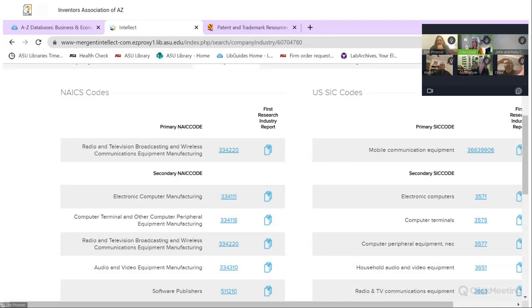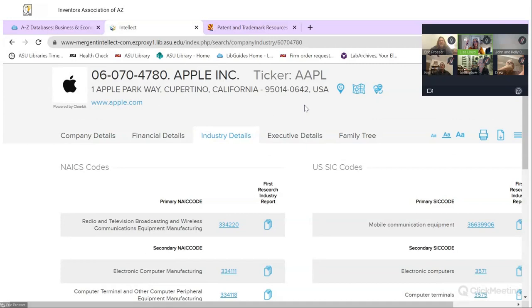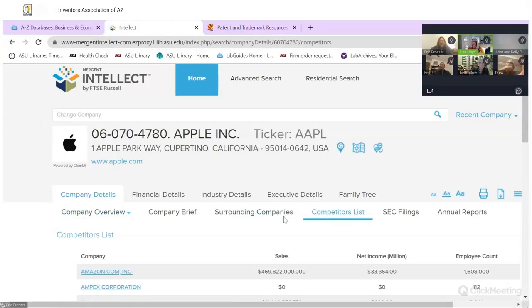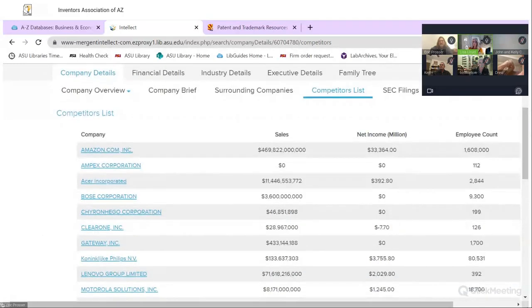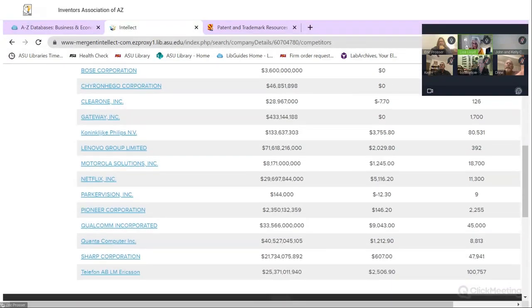But what I really love about this showing the competition is that if you found one company that your product's probably a good fit for, and you know who they are, but you're having a hard time filling out your list of all the other companies that might be good, or maybe you have a really short list, then go to that company that you know or believe your product would be a good fit for, like Apple in this case, and then look at the competitor list and see if any of them would also be potentially a good prospect for you as well. So I want to point that out.